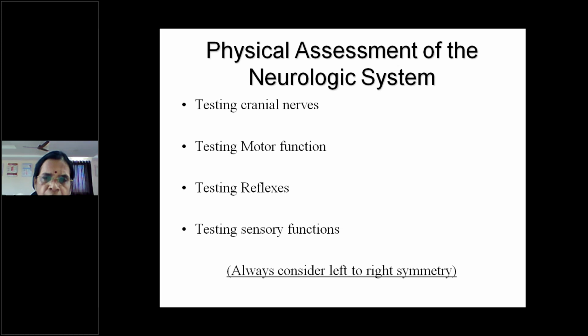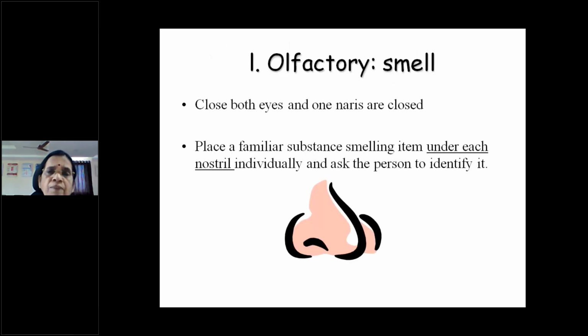So in this order only you have to write, not first motor system then cranial nerves. According to the standard neurological order, first you examine the cranial nerves, then the motor functions, then the reflexes, which also come under the motor system, then the sensory function. I will finish 2 or 3 cranial nerves, and later in the next class I will finish the rest.